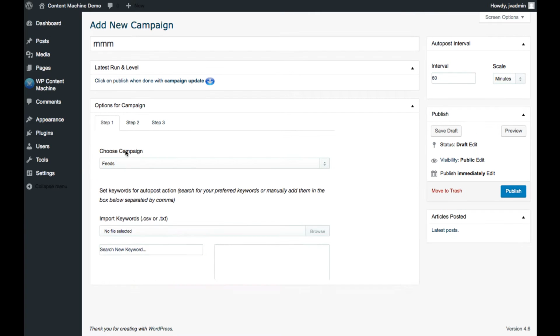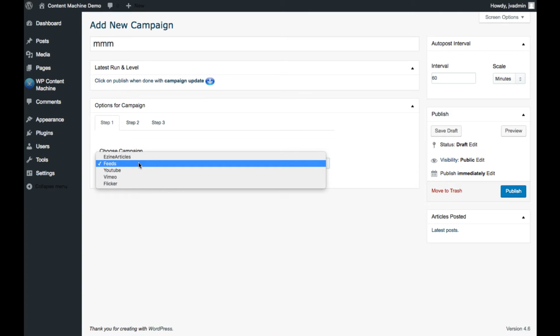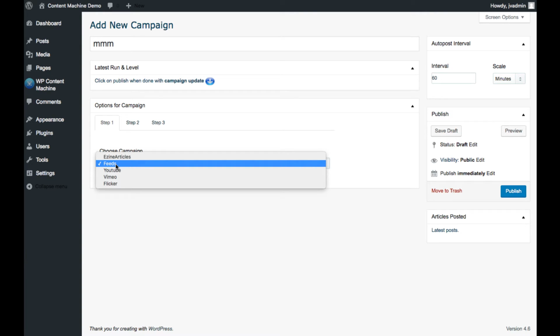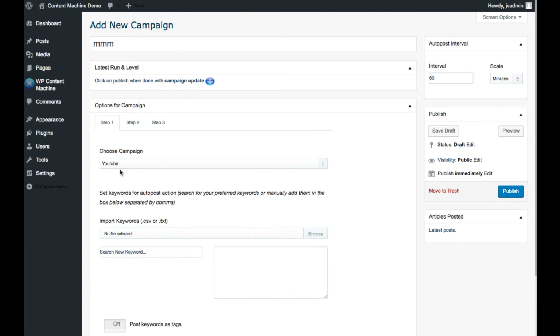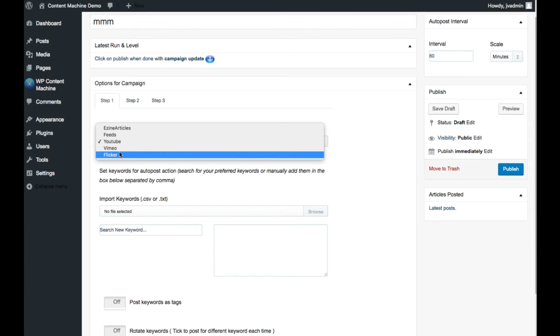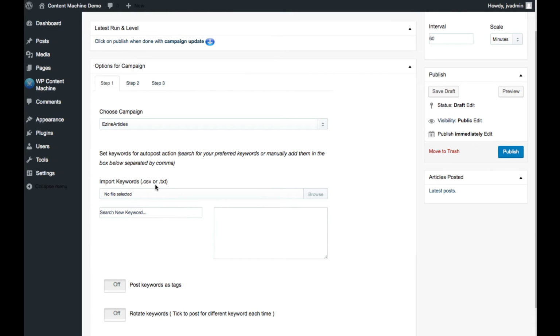We can use something called feeds, and these are RSS feeds that we integrate. So say we wanted to have our own harvested article from Social Media Examiner or Mashable or some sort of big site, we can add the Mashable RSS feed. We can even create campaigns from YouTube and use the YouTube video, as well as Vimeo and Flickr. So I'm going to choose eZine Articles for this one. And then in the OTO, there are actually some cool things like Best Buy, Walmart, Amazon, and things like that. I'll talk about that later.